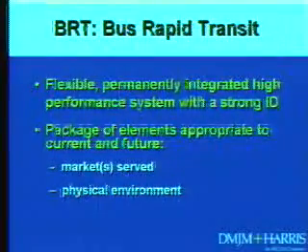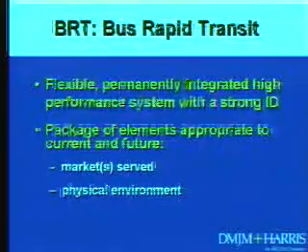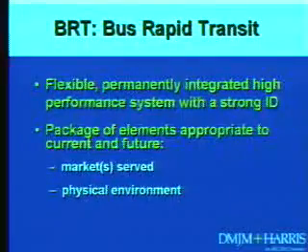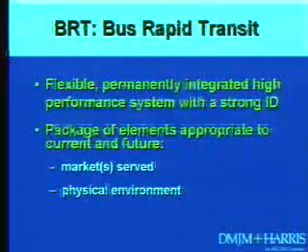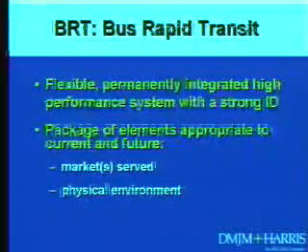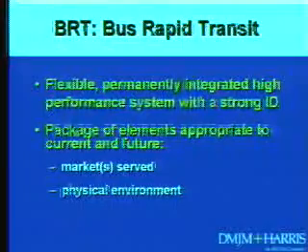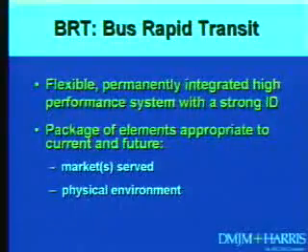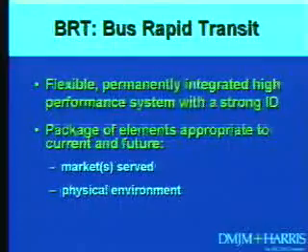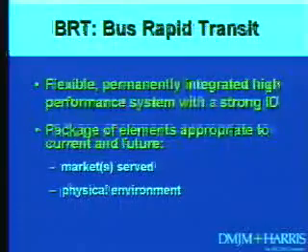One of the main things about bus rapid transit is that it has this concept of fixed facilities, but is also flexible. It has a permanent element. One of the problems we've always had with buses is that you can't tell where they're going to go. You get on a bus, and the first thing it does, of course, is turn right when you want to go straight. Well, that's not the case with a light rail or the trolley we have outside here. You know exactly where it's going to go, and it's not going to take a right turn suddenly and go down the street where the tracks don't go. So a lot of what bus rapid transit does is provide buses with that same kind of permanence image.